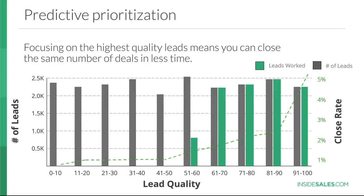Okay, so next, I want to jump into a discussion of specifically what our products at InsideSales do, as an illustration of how you make this work. We'll talk about situations both for high volume sales teams using leads, and also sales teams that work accounts or opportunities, lower volume, but they still need predictive intelligence to prioritize